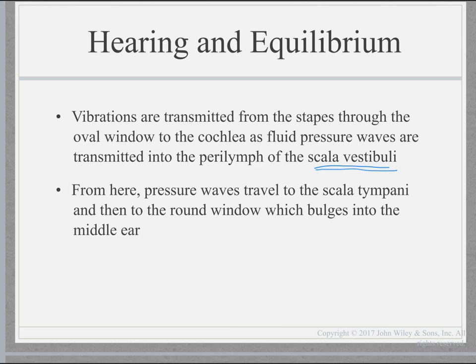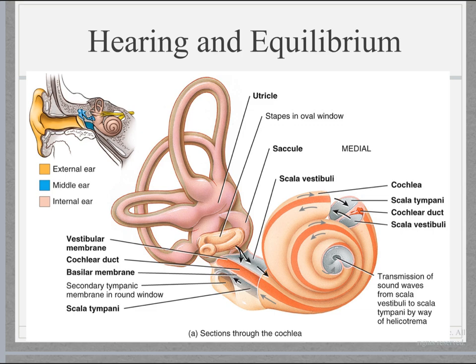From here, pressure waves travel to the scala tympani, so the staircase membrane, and then to the round window, which bulges in the middle ear. Now, let's look at this scala tympani. And we're going to look at it on the next slide as we see exactly what this staircase structure does and how it operates. So we could follow the sound waves in through the oval window